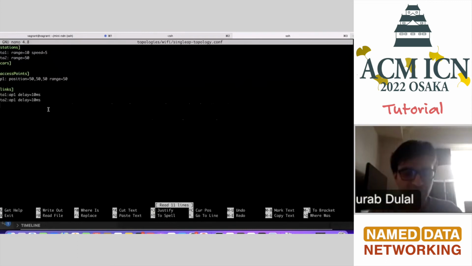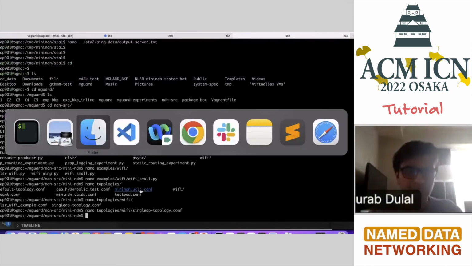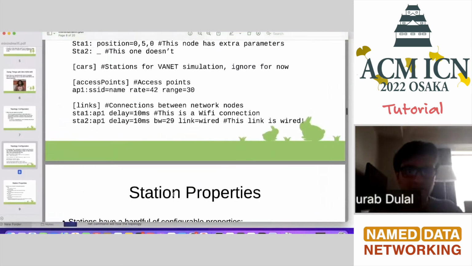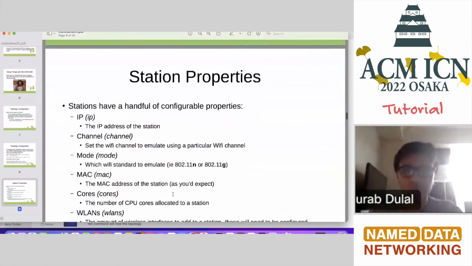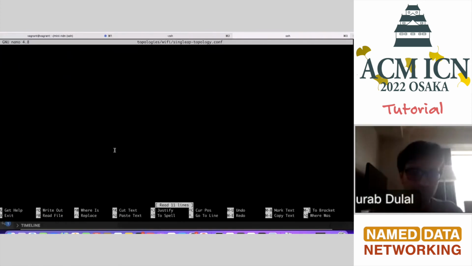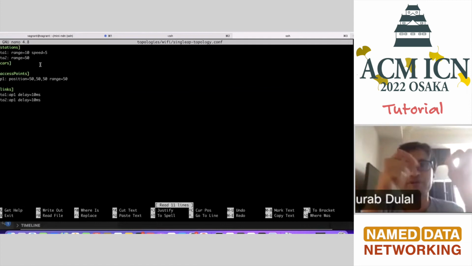And there should be some more parameters that you can specify. But can you go back and say? Sure. So you showed the position for the access point, but for the stations, there are no positions, there's only a range. So what does it mean? I mean, relative to the access point, where are those stations located then? At 0 0 0? I think, yeah, if you don't specify them, they will be located at 0 0 0,